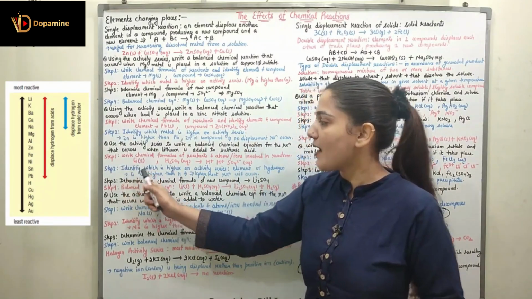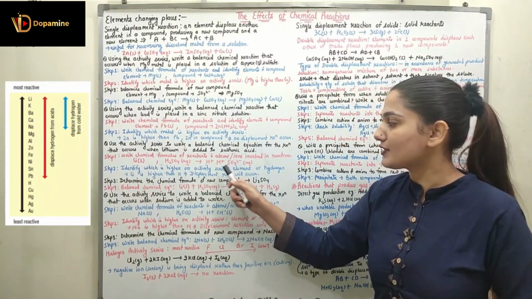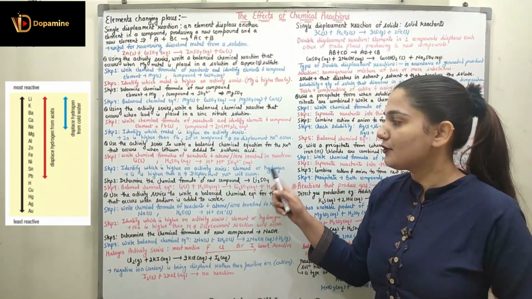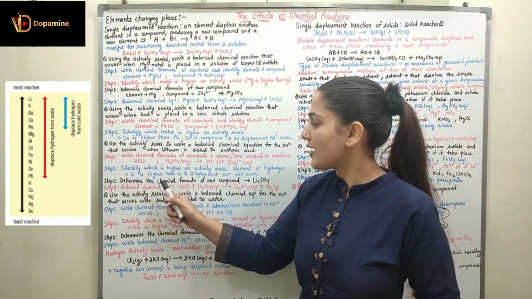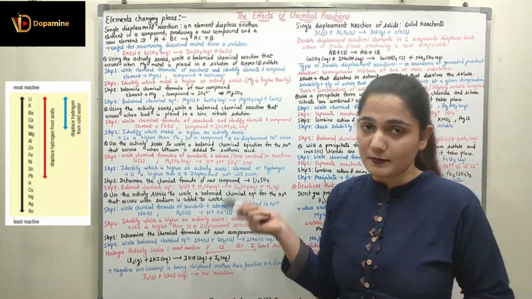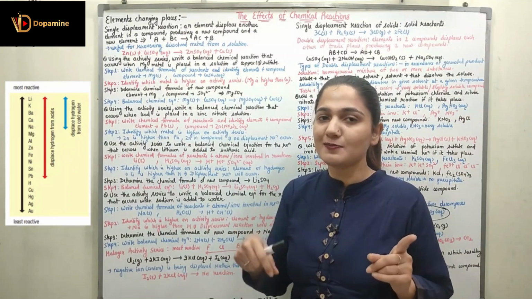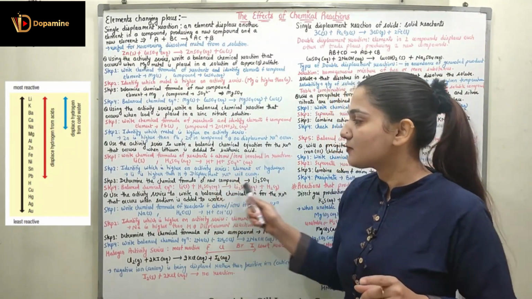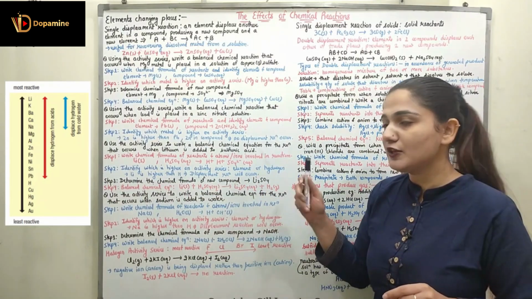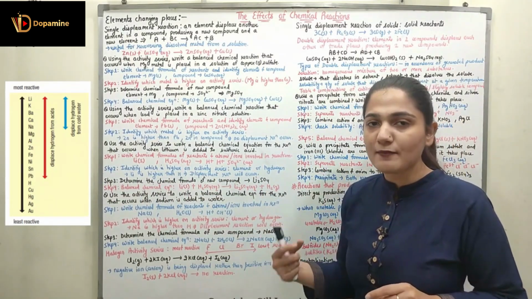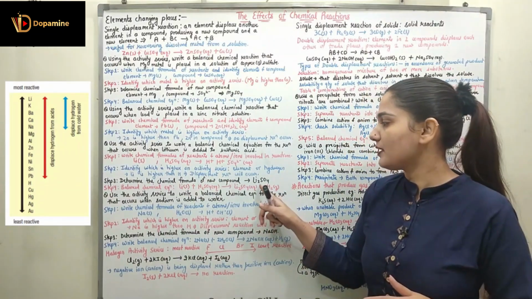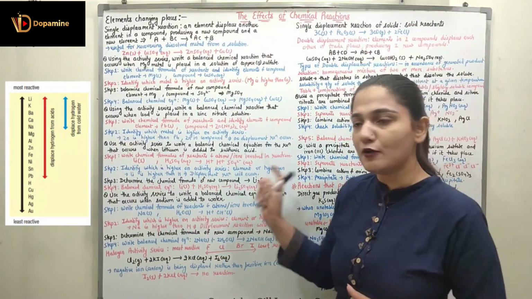Now in step 2 we have to identify which is higher on the activity series, the given element, which is lithium, or hydrogen. So lithium is higher than hydrogen, then I can say the displacement reaction will occur because lithium is more reactive, it is going to displace the hydrogen. The displacement reaction will occur. In step 3 we are going to determine the chemical formula of the new compound. In the new compound, what am I going to do? I am going to remove hydrogen and in the place of hydrogen I am going to put lithium. So Li2SO4 is the new compound that is formed.